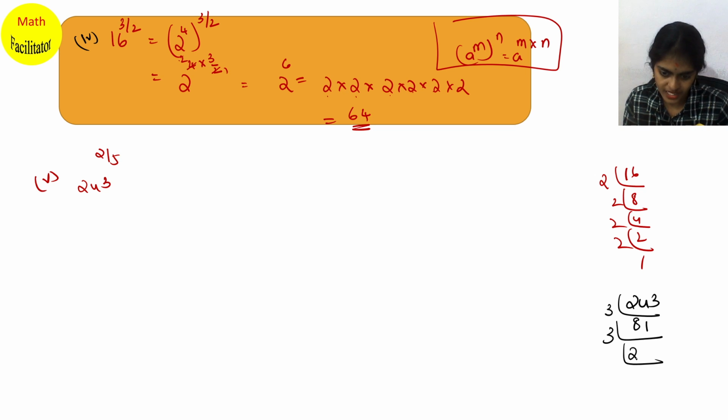Again, 3 2s are 6. 8 minus 6, you have a 2. Now write it here small. Now this is 21. 3 7s are 21. 3 9s are 27. 3 3s are 9, 3 1s are 3.